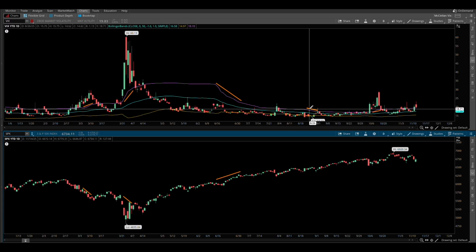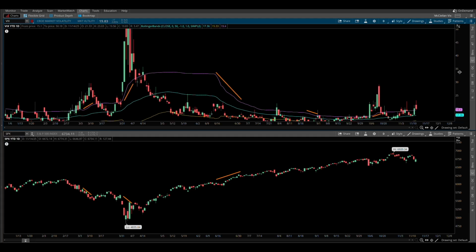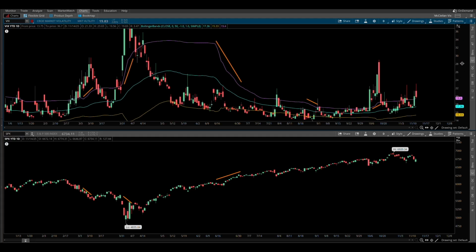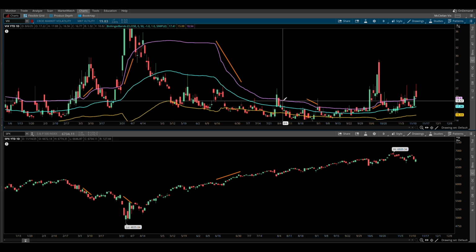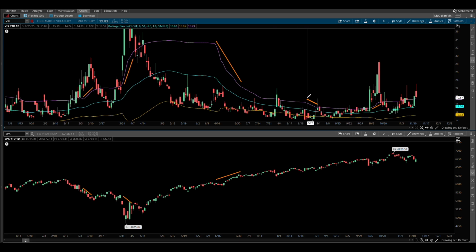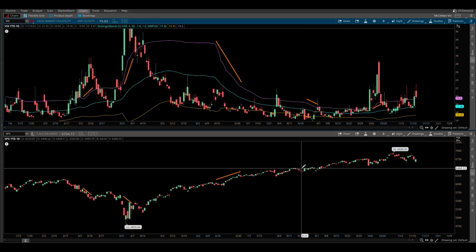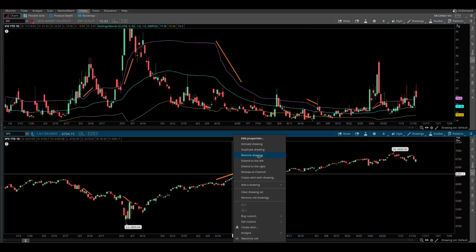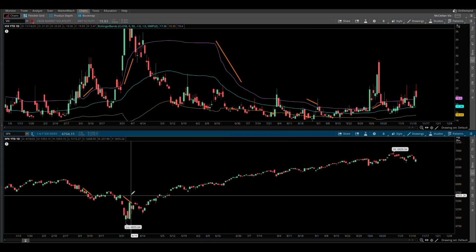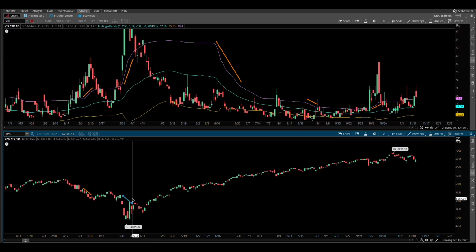Slight slope down from, if you zoom in, some of these are a little bit more dramatic. I'm way zoomed out because we had this huge move, but there the slope was fairly shallow, and then it picked up right here on 825. Oh, didn't mean to do that. Anyways, that's about